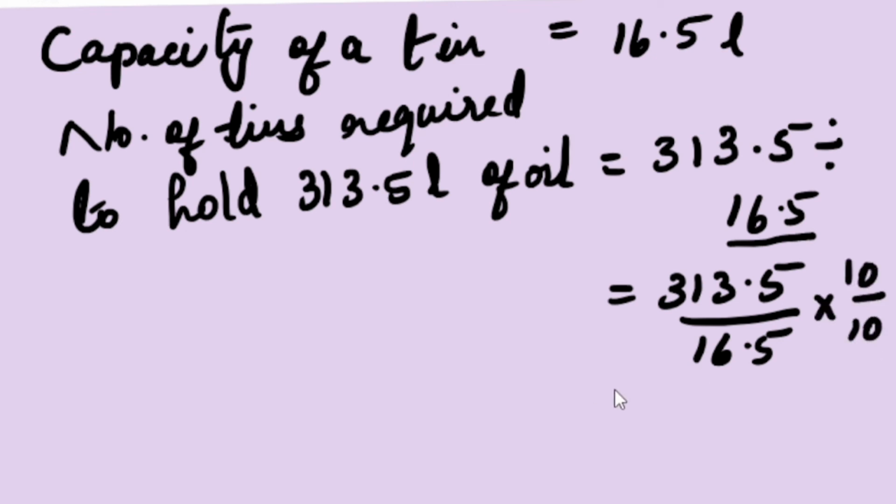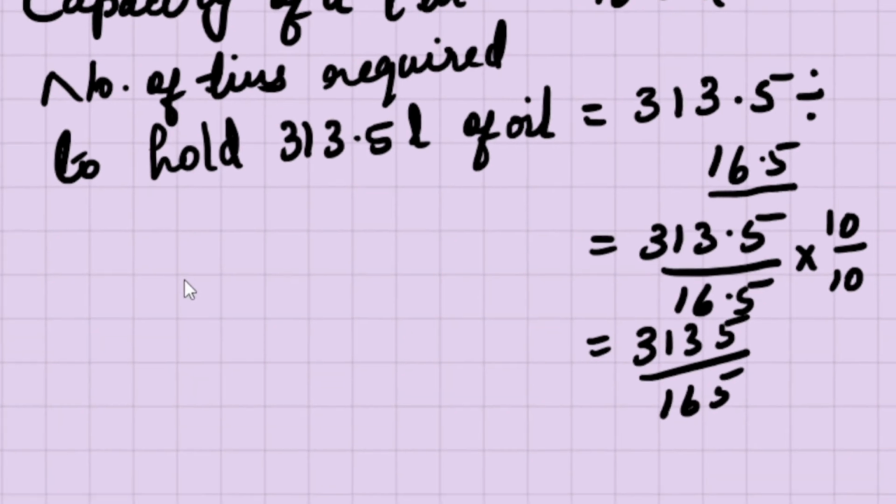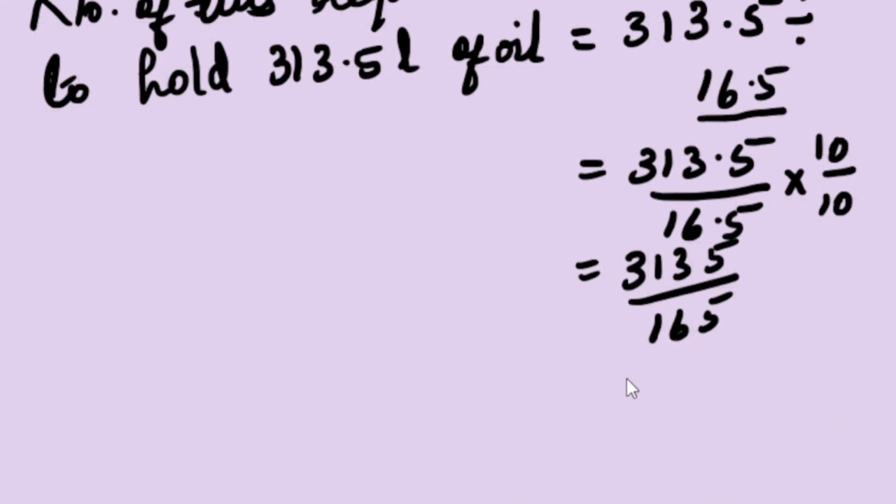So that will be equal to 3135 divided by 165. Now it is easy to divide for you. So divide and find out the answer. So that will be equal to 19. So 19 tins required